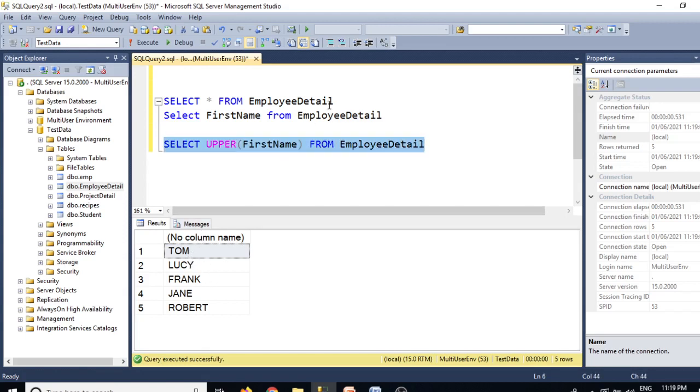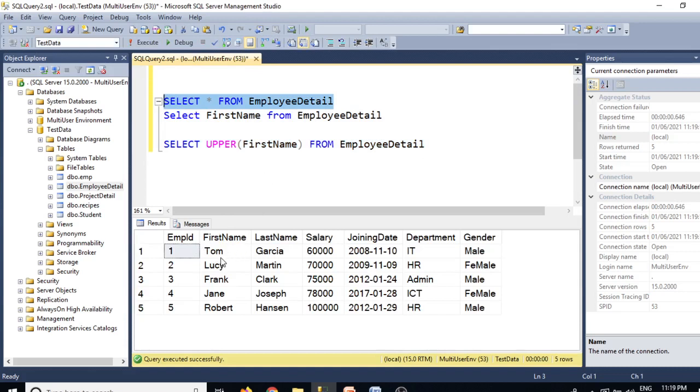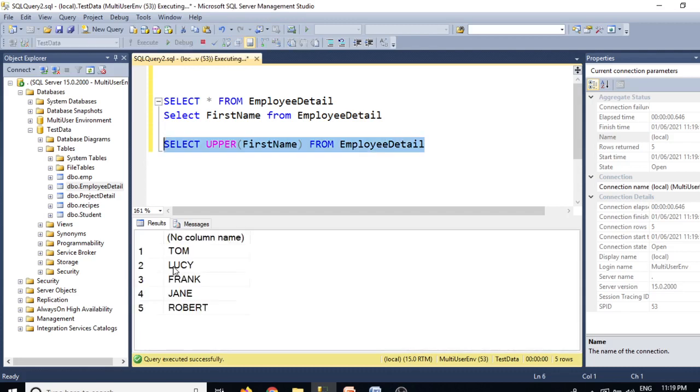In the employee detail table, you can see the first names have only the first letter in caps, and the subsequent letters are in lowercase. Now with this query you can see Tom, Lucy, Frank, Jane and Robert are all in uppercase.